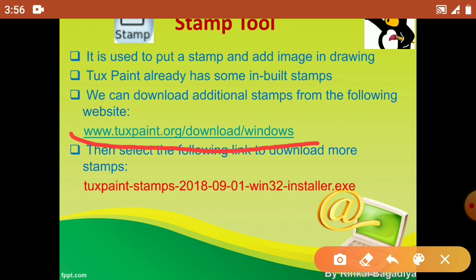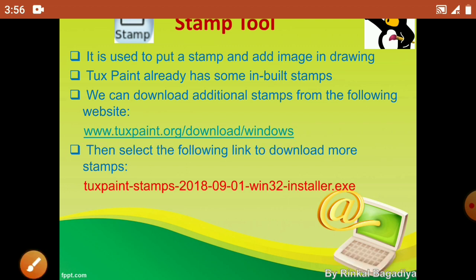Okay, no charges for downloading stamps. So if you want to download more stamps, then you can download them from this website, tuxpaint.org, and the link is given on your screen. Okay, then select the following link to download more stamps.